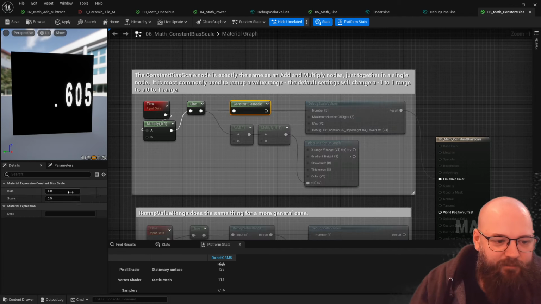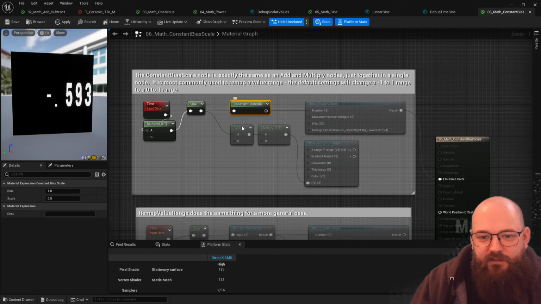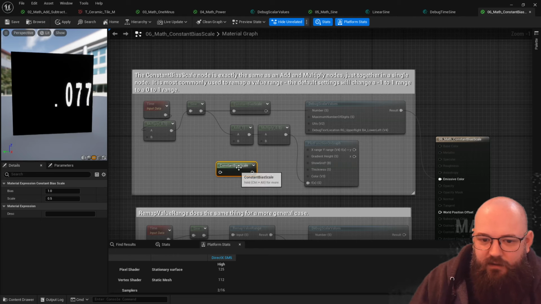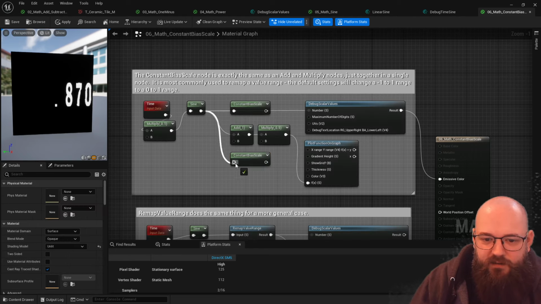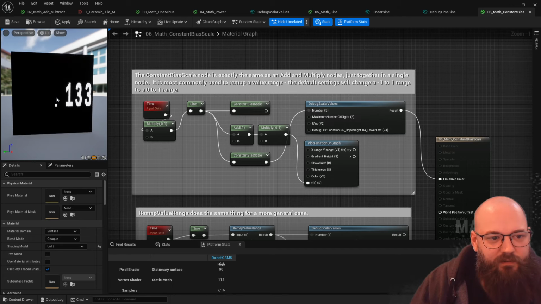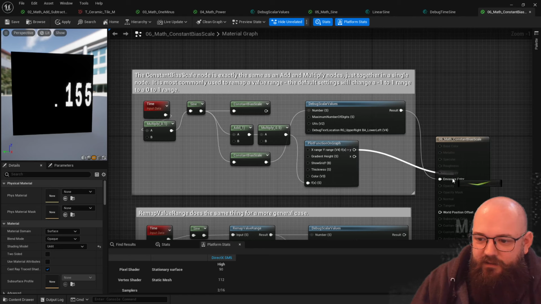But the default settings for constant bias scale, if we create one, are designed to go from -1 to 1 to 0 to 1. So now we're going to 0 and we're going to go up to 999 effectively. There we are. If we look at that as a function,